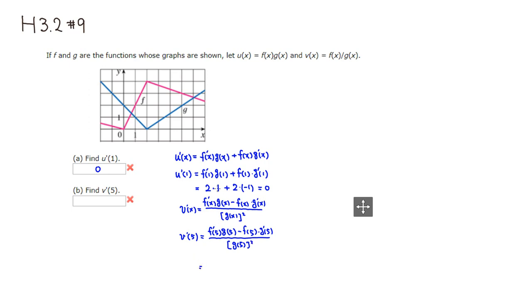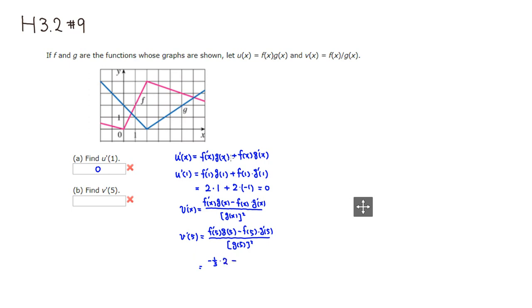All right, f prime of 5, 1, 2, 3, 4, 5, so go here. It looks like the slope is negative 1/3 because you go down 1 and the run is 3. So it's going to be negative 1/3 times g of 5. So it's 5, so it's going to be 2